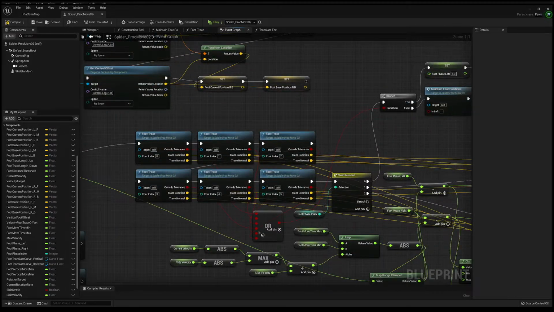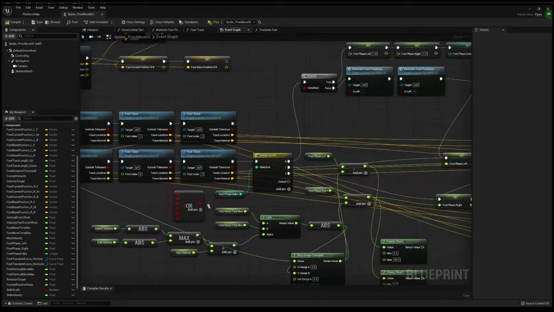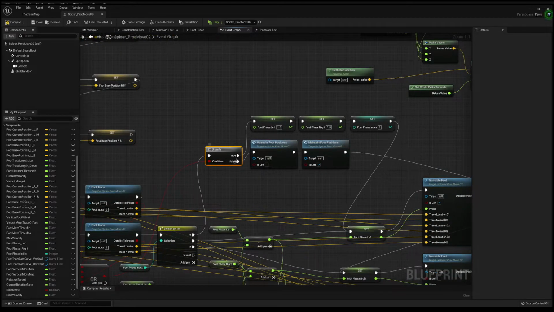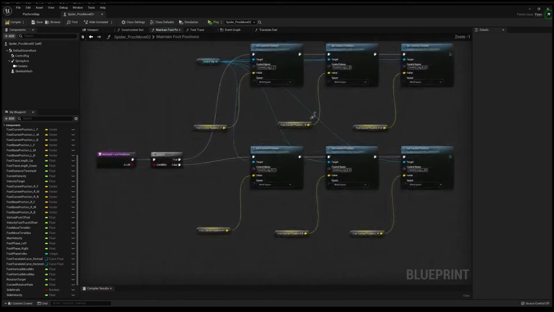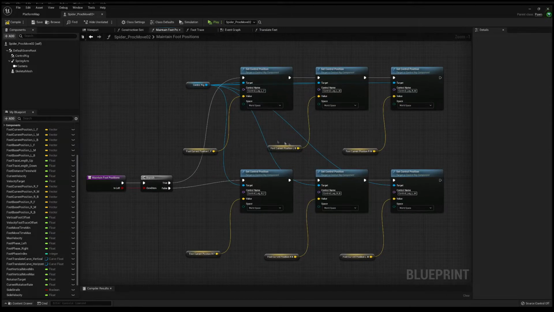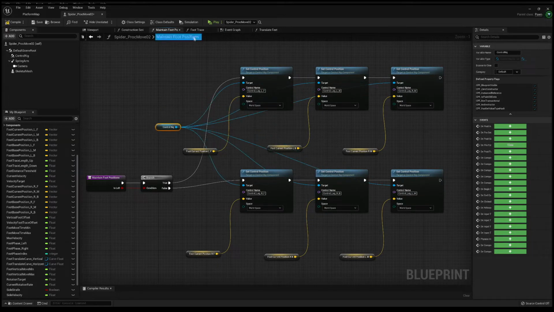So it does that for all of them. If any single one of them is outside this threshold, it goes to this true-false branch. If it's false, it just maintains the foot positions in world space. It manipulates the control rig directly. I suggest putting it into an animation blueprint first, but this is just directly for now.